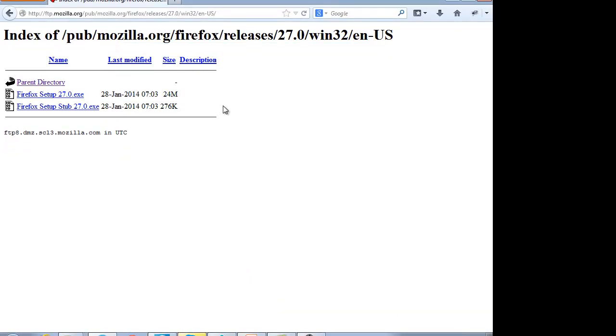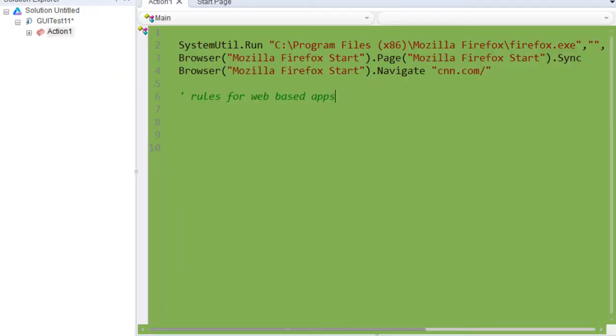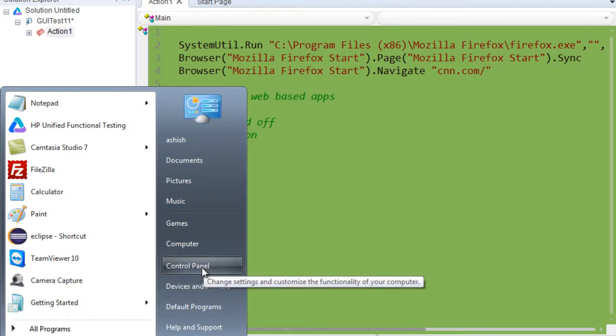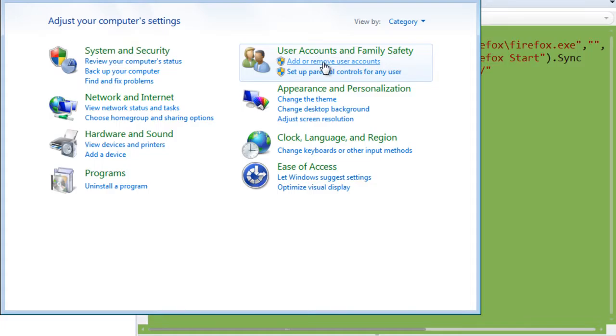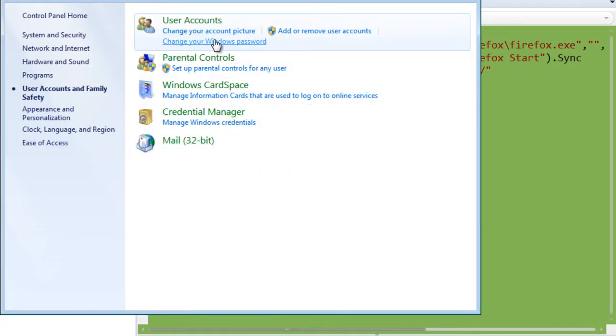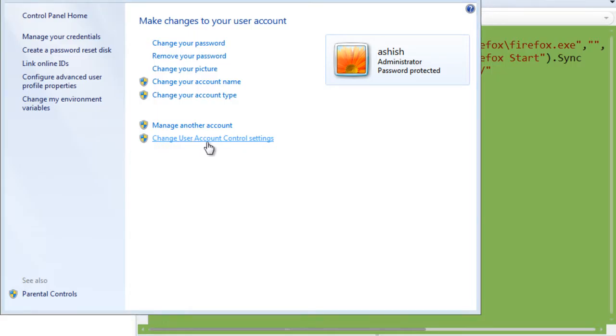Secondly, regarding the first rule which I told you for Mozilla, for IE you can use 8, 9, 10, that's not a problem, 11 will work as well. For Mozilla you have to have the 27.0 version. Another important thing is you should have UAC turned off for Windows. In the earlier module I also told you after installing UFT you need to turn off UAC. If you don't have UAC turned off, go to user accounts and turn it off